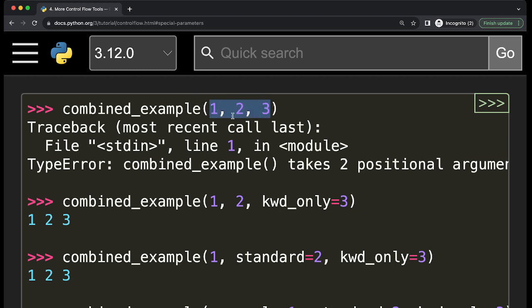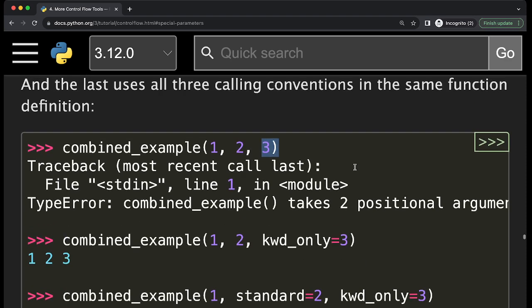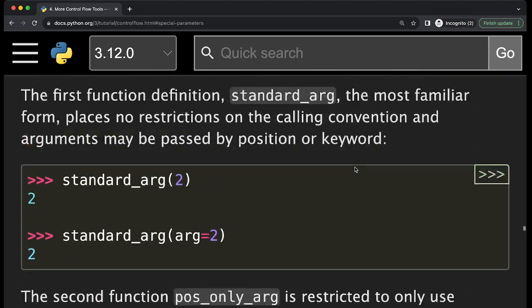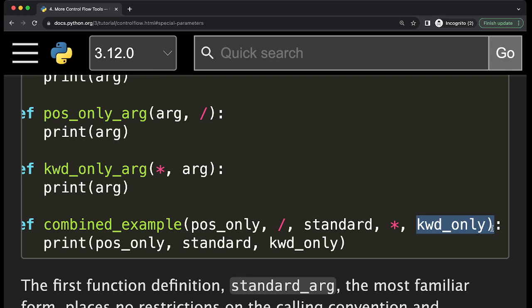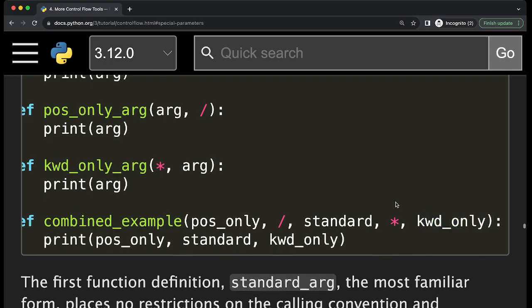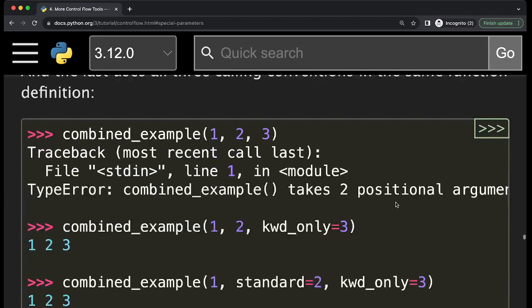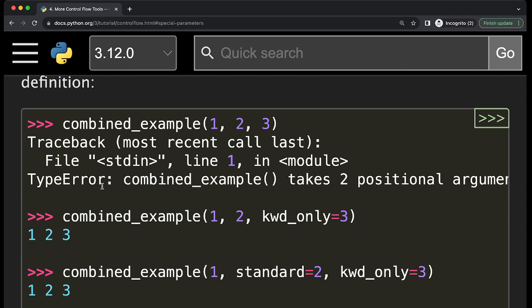But this is wrong. Why? Because the first one will be considered as a positional argument, that is fine. 2 can be positional or keyword, right? So here it is positional, which is fine. But the third one, because asterisk is there, right? If you notice here, asterisk is there, and after that one argument. So the last one you have to pass as a keyword argument, but here only 3 is getting passed, and that is why a type error is coming. Okay,